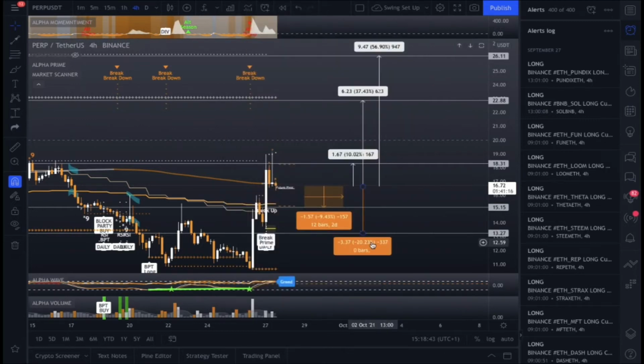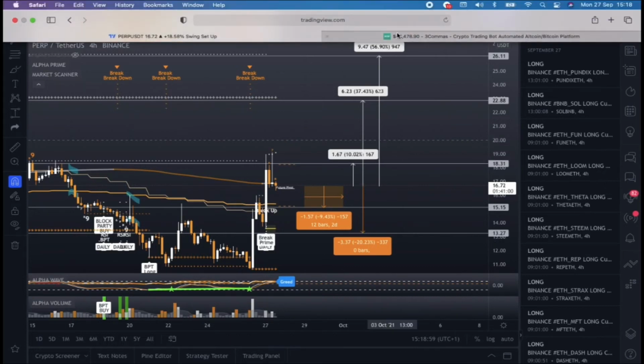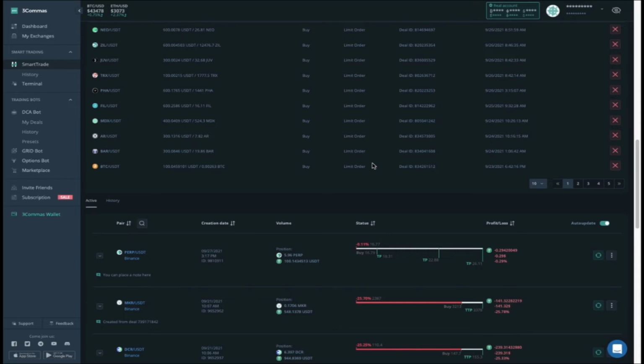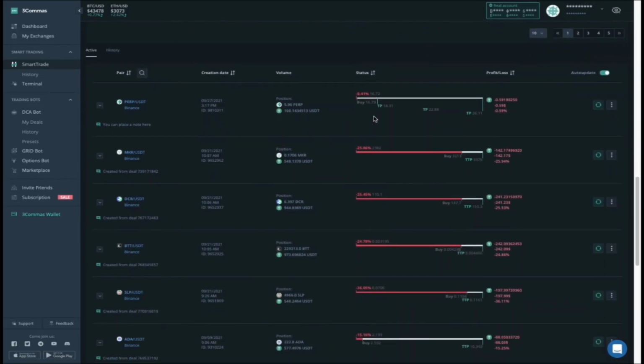So what will happen is, as the price falls, if there's any kind of bullish movement during a fall, so any indication of a reversal, if it becomes oversold, if the RSI triggers, we'll receive that alert, and at that point we will let you know that we're going to manually DCA this deal, which means that we'll put out an alert to the group which will let you know that we're about to manually add this, and you'll just come to your trade. We'll tell you how much to add relative to the amount that you first invested, and also we're going to tell you what we're changing the